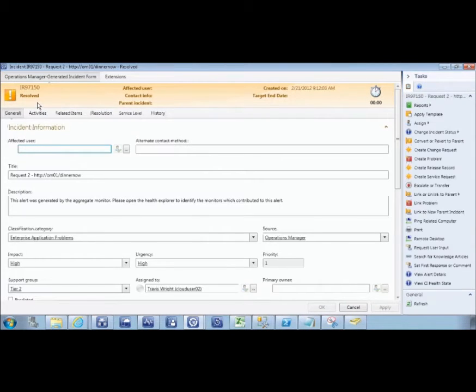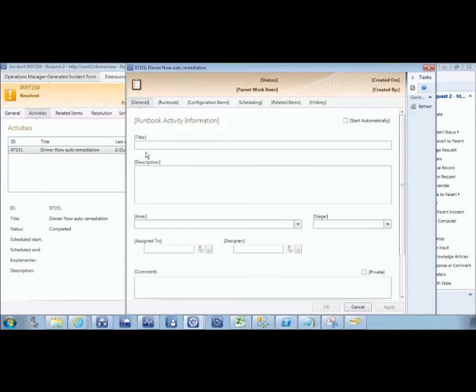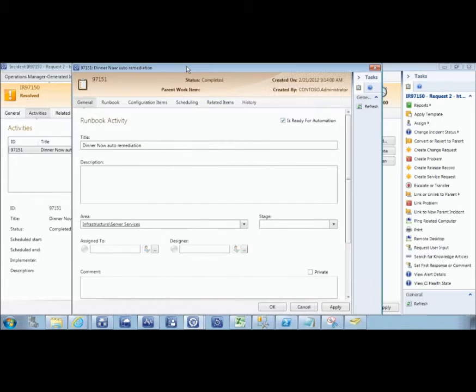How we would see that the runbook was unsuccessful, we would see our activities here on the window here. Instead of saying completed, it would say failed. And we can go and take a look and get some more information. We can link out to that particular runbook instance, look at the input and output parameters of that runbook. So if I bring up my particular runbook activity here,